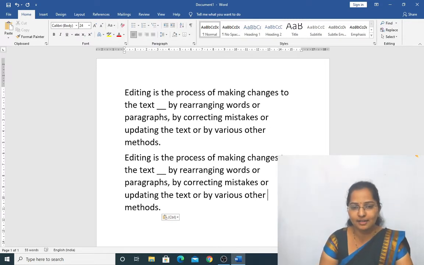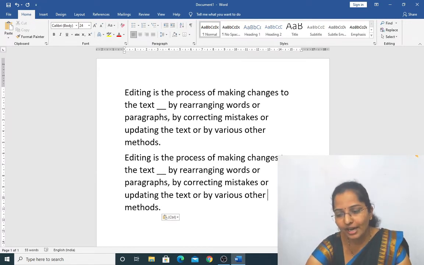That also we can do. I know you might already know how to select text, but how to select a single word, a single line, a sentence, and the whole document, you may not know. So in this lesson we are going to learn all this.